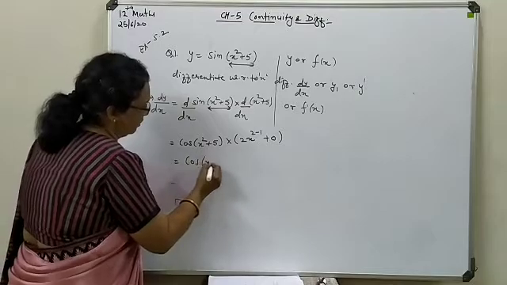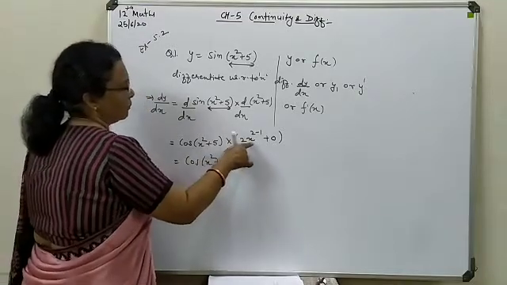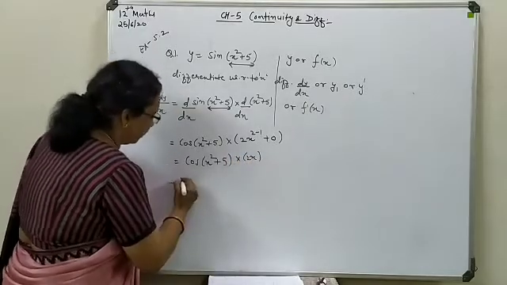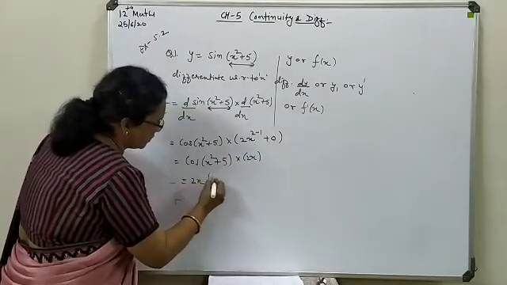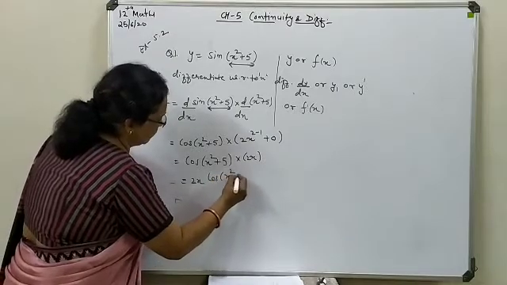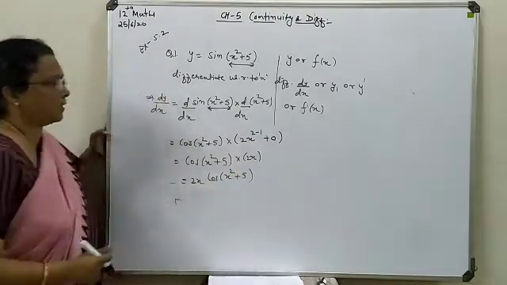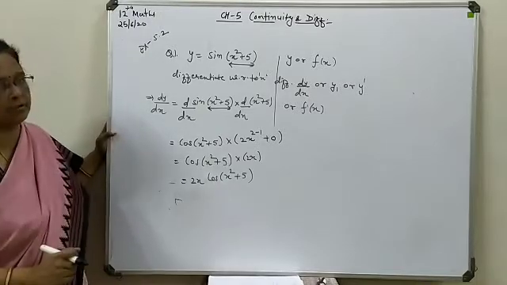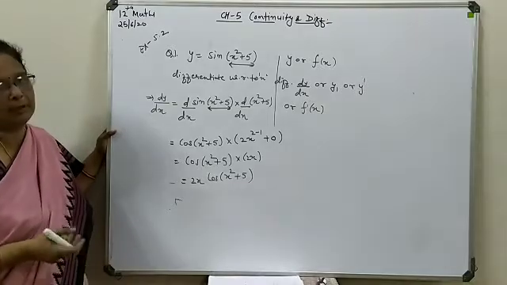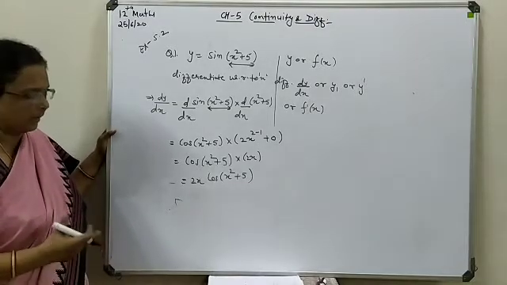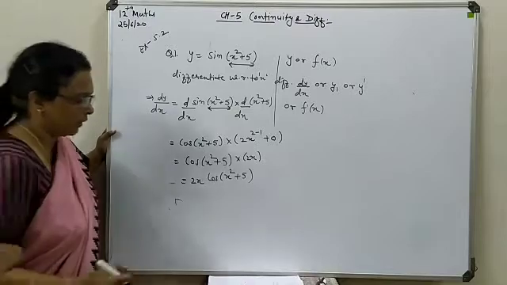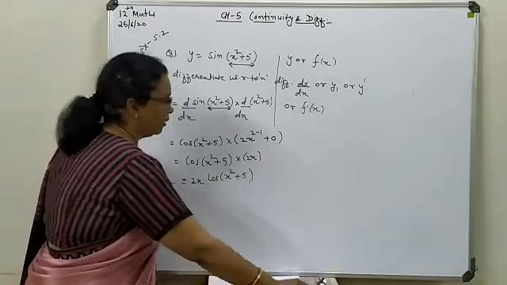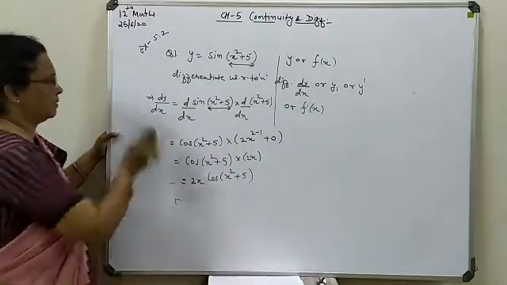This is cos(x square plus 5). This will be 2 minus 1, which means 2x. So finally, the derivative of the given combination is 2x into cos(x square plus 5). So this way you have to handle the situation. Whatever combination is given, first study it and then write the derived form. Next we are going to move to question number 4 of the same exercise.